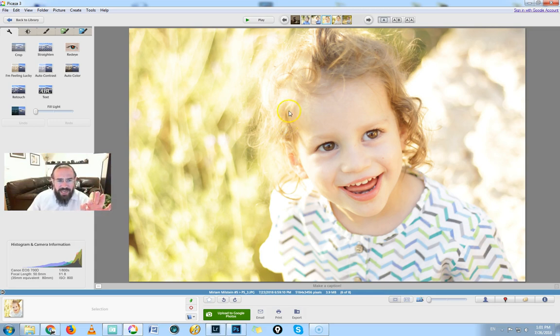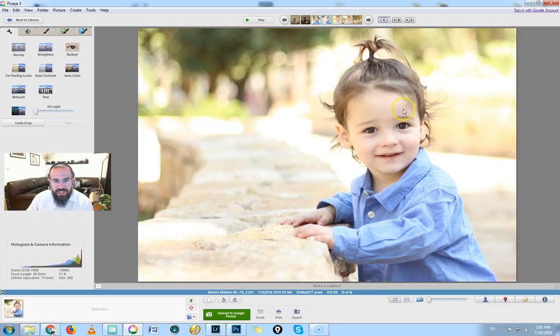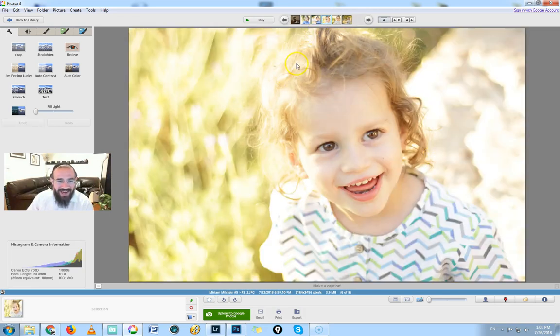The biggest reason is that we've completely lost the isolation of the subject from the background. The subject at this point is now bleeding into the background, which takes away a lot of the energy, whereas here you can see he's beautifully popping out from the background, whereas here he's now blending into the